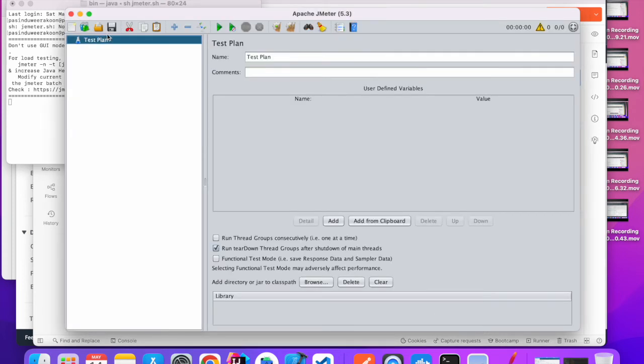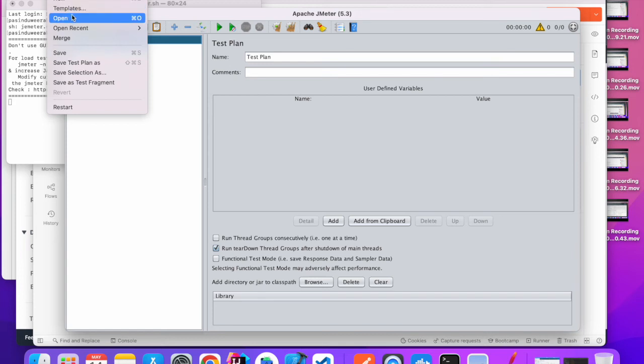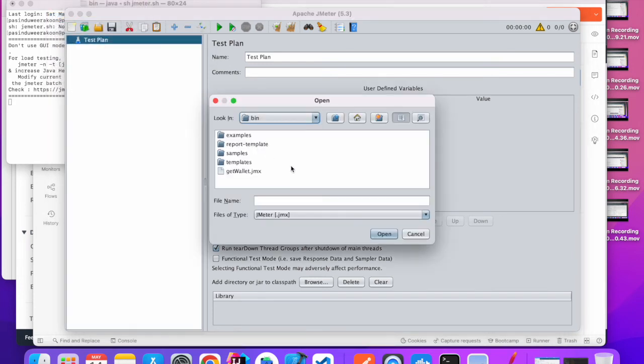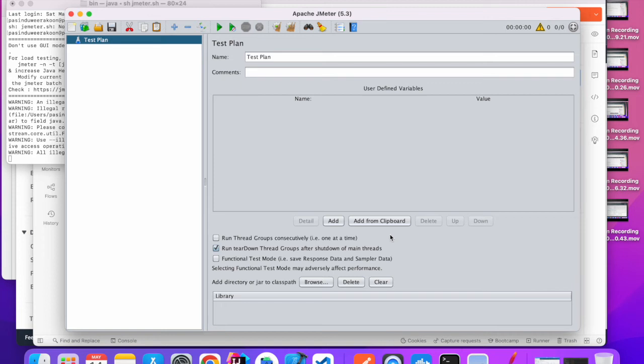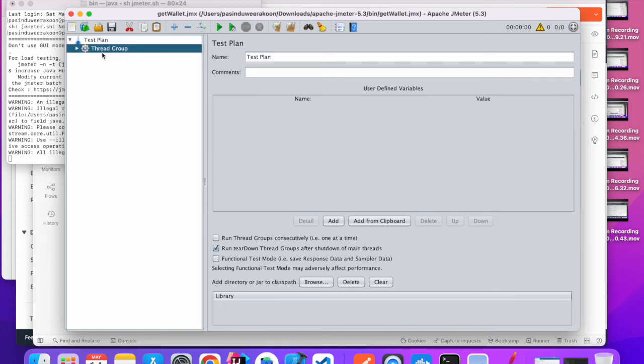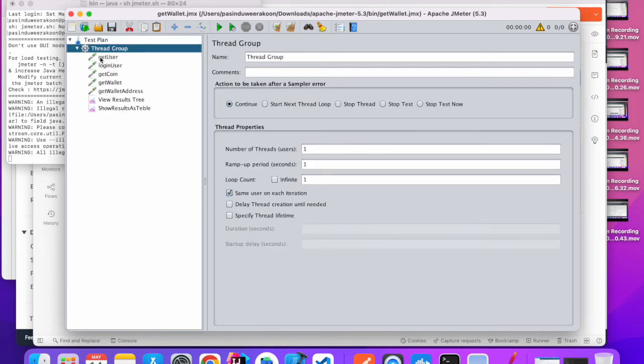Now this one is up and running, so I'll show you my previous, I already saved thread group here. So here I'm checking get user, login user, get coin, get wallet, and get wallet